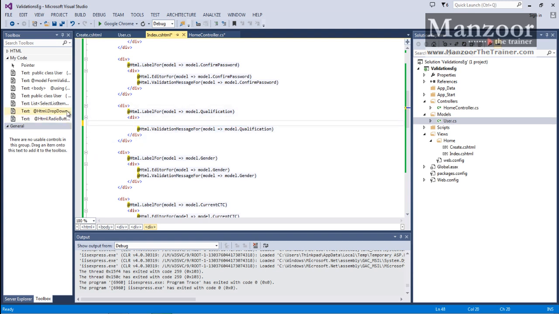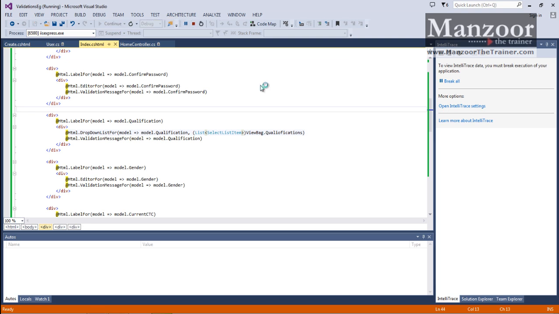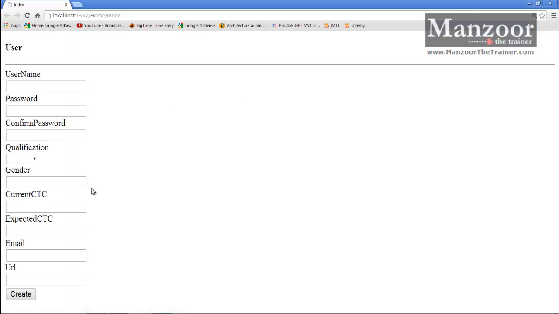So I have that code available with me. I'll drag and drop. You can see that I'm using drop down list for validation, and I'm just trying to typecast viewbag.qualifications data to list of selected items. That's it. I'll save this. Now let me execute. Should find a beautiful drop down list. Say create,